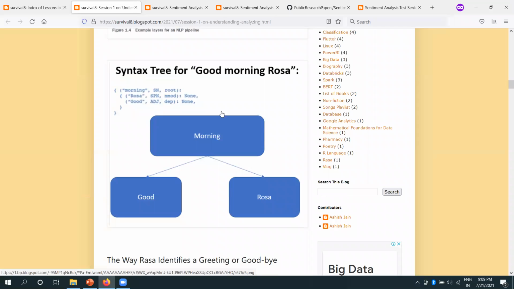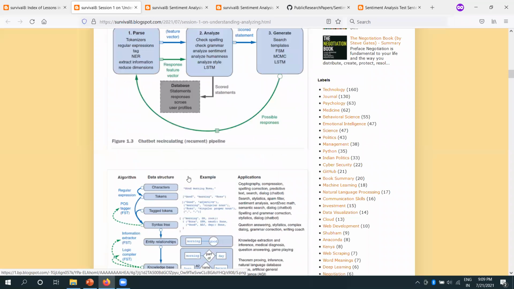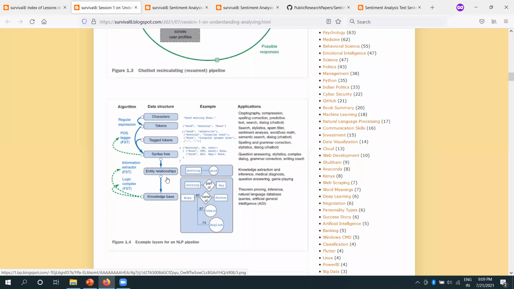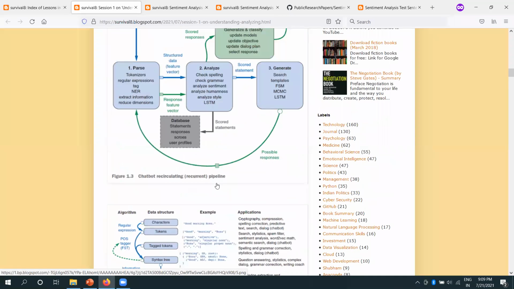Like from "good morning Rosa", you would build a syntax tree like this, and then entity relationships, knowledge base. This is an overall high level view of what happens in an NLP pipeline with respect to building a knowledge base. But otherwise, if you want to build a knowledge base or a vocabulary, which is a collection of tokens, then after this step,